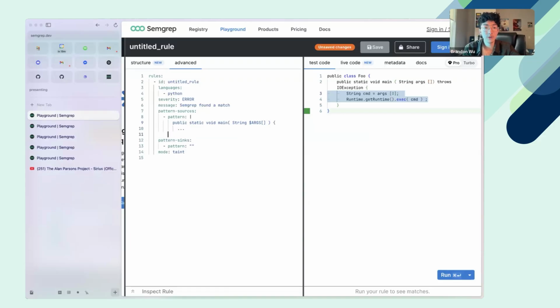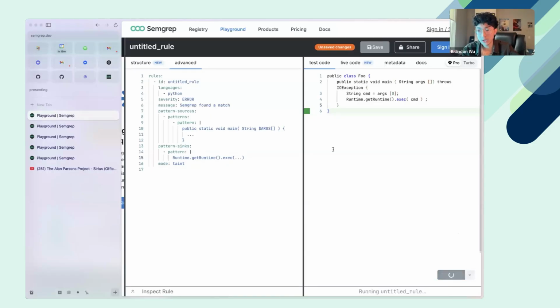And in particular, what we can do is say patterns, and then pattern. We're going to want to focus on just the range of the args. What's really important about this is, if I were to just say that this is the source, right? And then say that Runtime.getRuntime().exec is the sink, what we'd find is that we would match